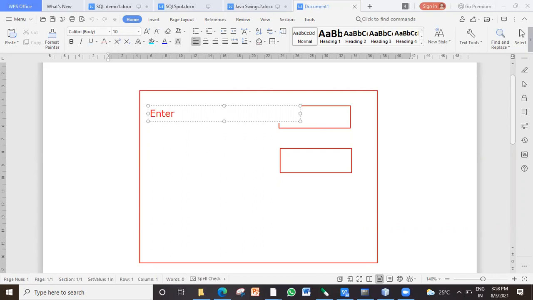At least the design part. If not event handling, at least the design part you should be able to do. You should be able to create a frame, add two labels, two text fields, and a button. So here it should be Enter username. Similarly, you have another label here, Enter password.